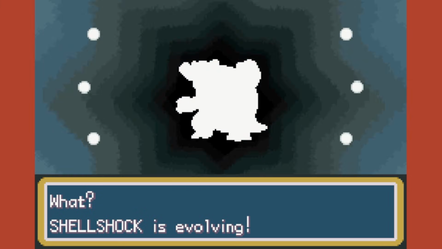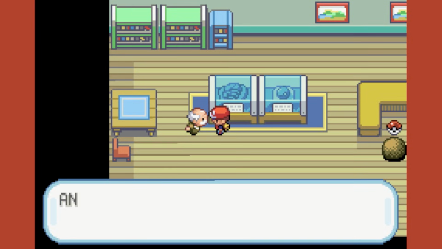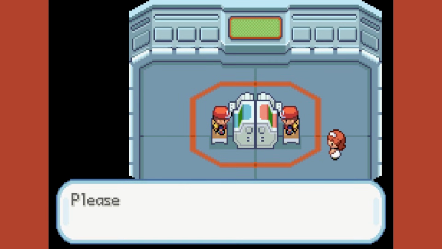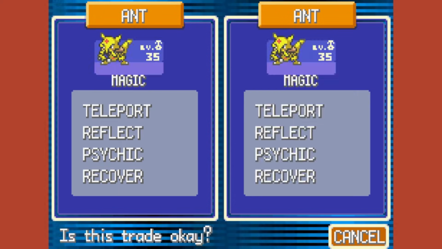Because of this, we're now able to evolve our Wartortle into a Blastoise. I swap the gold teeth for HM04, which contains Strength, and with Koga coming up, I decide now is a great time to connect the 2 emulators and trade my Kadabra to myself to get it to evolve into an Alakazam. And with our new Alakazam,